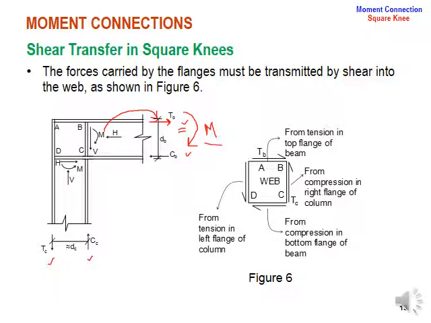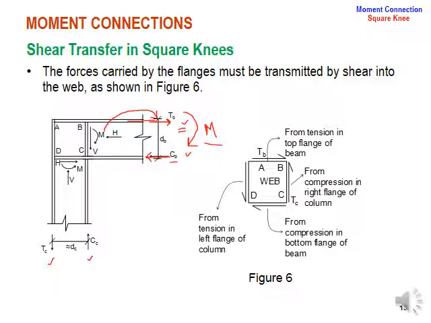Then we need a force that is going to be acting outward of the top flange of the beam, and another force that is going to act inward towards the beam flange. So this CB is going to give you that particular inward force, which is compression. So this will be a compressive force and it can be designated as CB, with B subscript